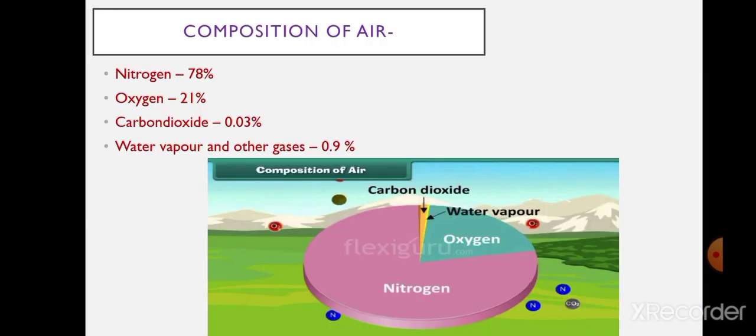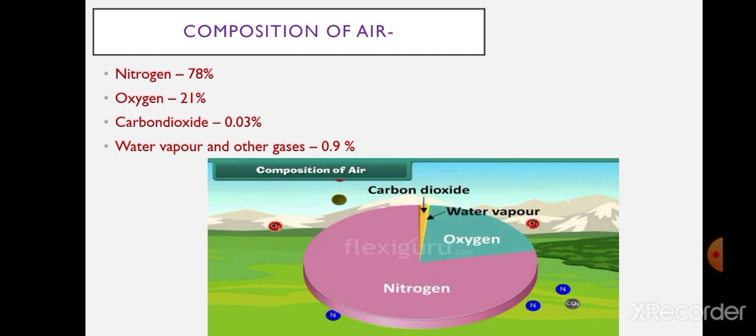We all know that we are surrounded by air, though we cannot see or touch it, but we can feel it, right? Our earth is covered or wrapped, same meaning, in a blanket of air, and we call that the atmosphere. Now, the air consists of several gases, right? So we'll see the composition of air.